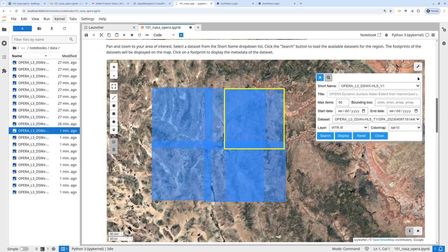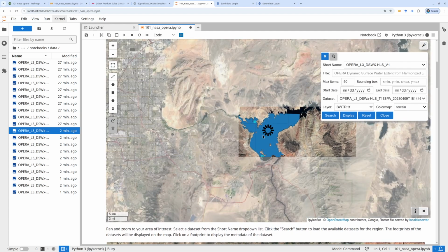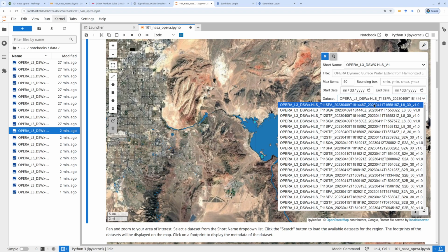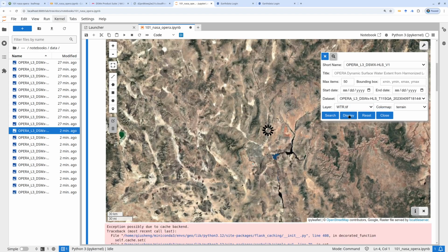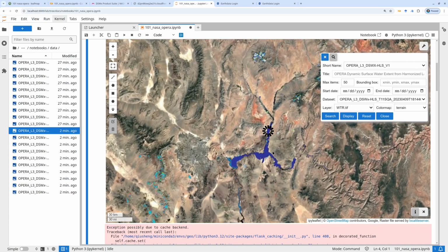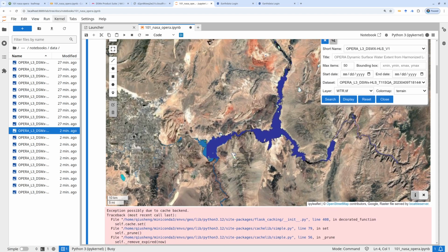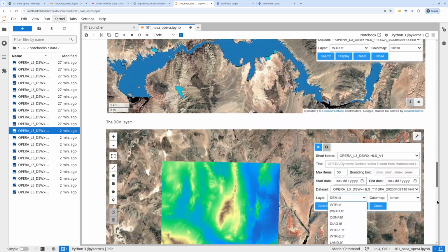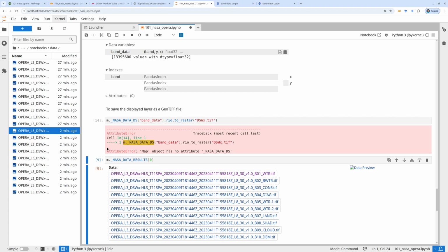So let me show you maybe one more time. For example, I can select the SQA. This will be the second one, and then I select this one and display. Okay, so now I have this terrain. Interestingly, there are some warnings in here. Once I have this data layer loaded, I can run this one again. So I'm going to go back to this one, and if I run the map again,